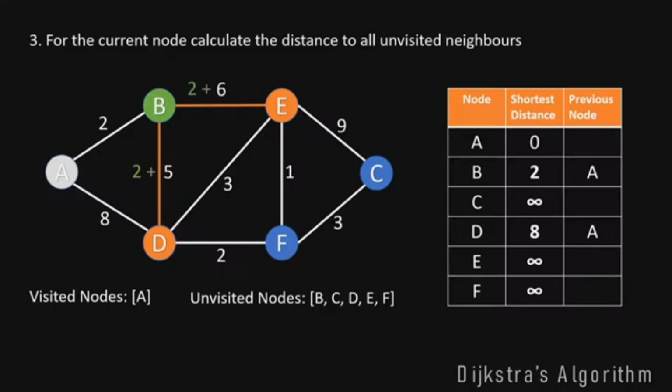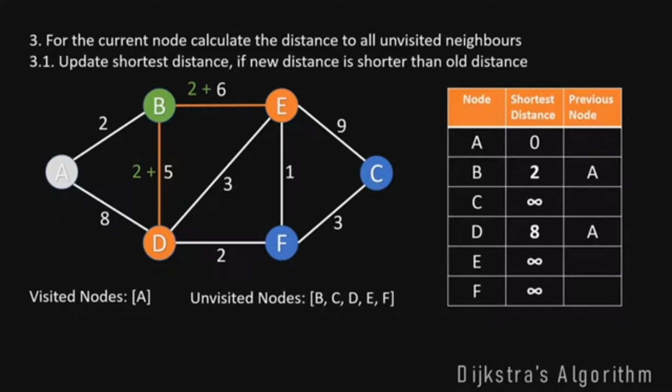For our node B, we can now go back to our step 3 to calculate the distance of all unvisited neighbors of B. The unvisited neighbors of B are E and D. The distance calculation works as follows. Since B has a current distance of 2, we need to add this 2 to the weight of the edges to E and D. So now let's first look at the node